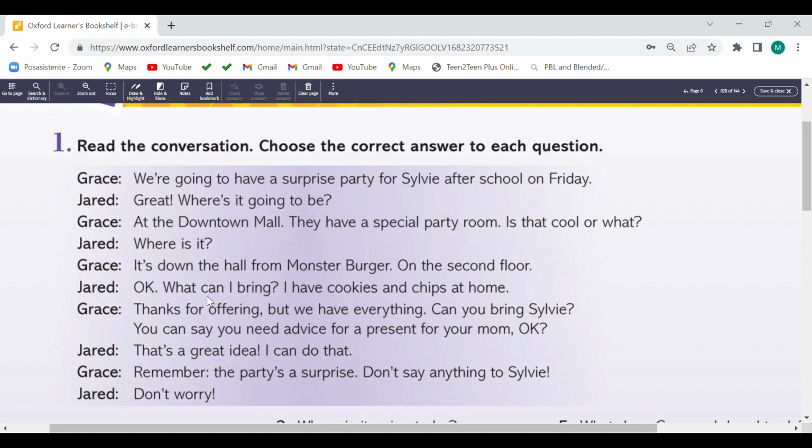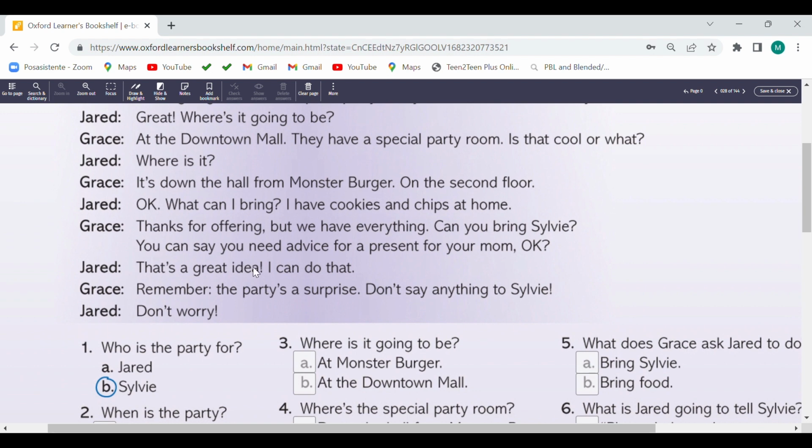Okay, what can I bring? I have cookies and chips at home. Thanks for offering, but we have everything. Can you bring Sylvia? You can say you need advice for a present for your mom, okay? That's a great idea. I can do that. Remember, the party's a surprise. Don't say anything to Sylvia. Don't worry.